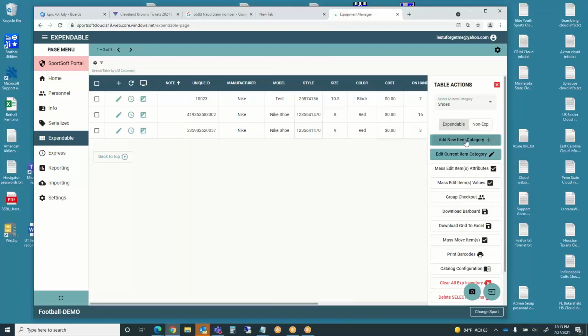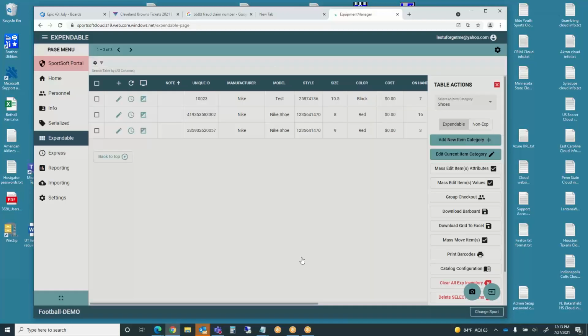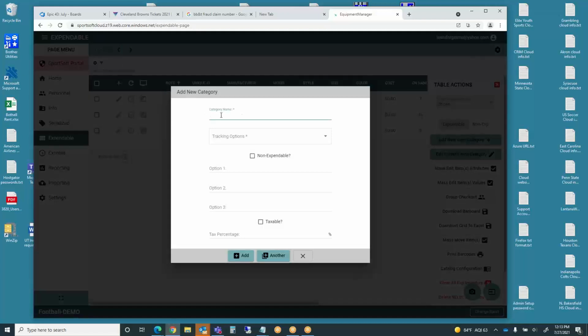Okay, then I'm going to add a new item category here, and this is the way you do this, okay? Did you see what I went to, by the way? Add new item category over here on the right-hand side. I click on that, for example, I'm going to say mouthpieces, okay? And also, if you have different models of mouthpieces, you can certainly put that in there as an